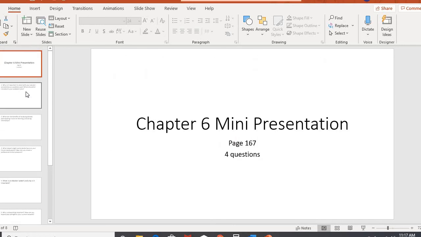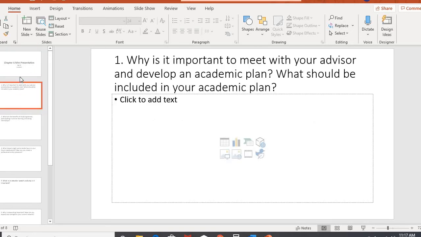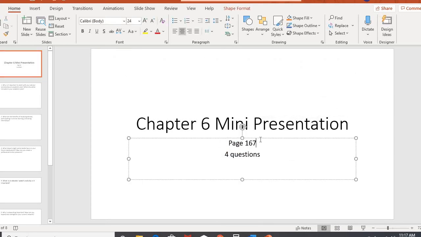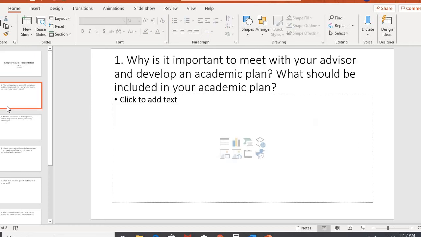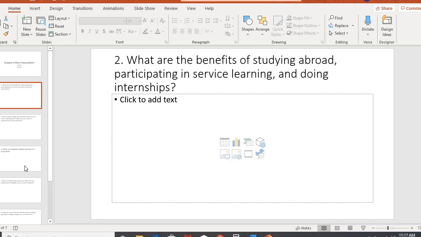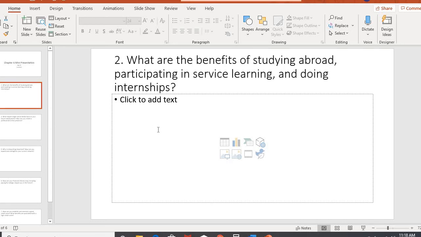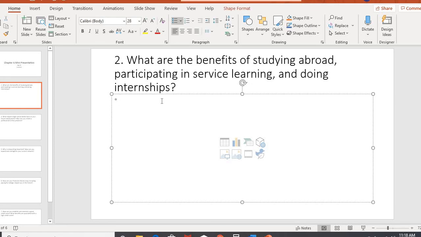So what you want to do is change this to reflect your presentation. So let's say I'm going to go in here and I'm going to delete this part and I'm going to put your name there. And let's say you don't like question 1, so you're just going to delete that one. And you don't like question 4, so I'm going to delete that one. Or whatever ones you do not want to answer, just delete those slides completely until you only have the 4 questions you want to actually answer. And then just type your answer inside that box.